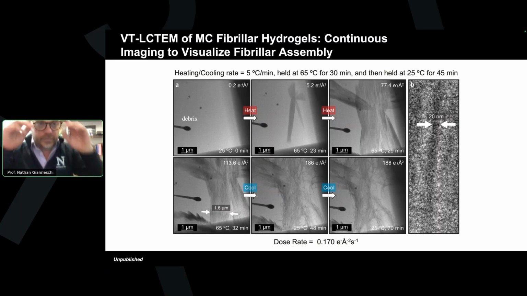This is now a cleaned up set of micrographs for you to look at. Just ignore that debris on the left-hand side. So this is at 0.2 electrons per angstrom squared, as I showed you on the prior slide. We're breaking that movie out into these different panels. Here's at 65 degrees at 30 minutes, and you can see now that really beautiful set of bundled fibrils. And now instead of being a plate of boiled spaghetti, those fibrils look like they're sort of packed together into these bundles. We've then cooled it over time, and we're approaching where we're probably damaging the material a little bit,